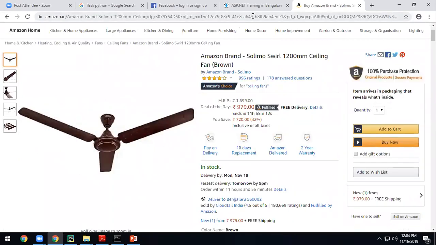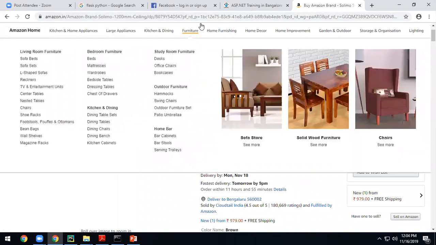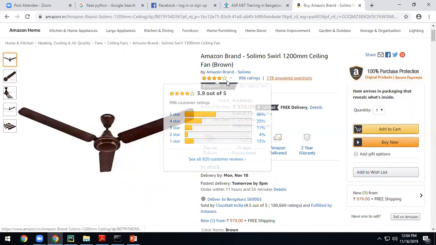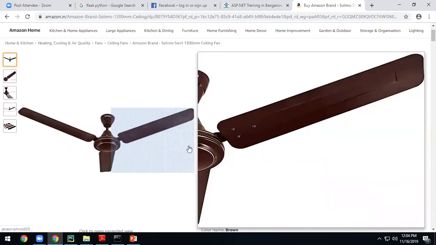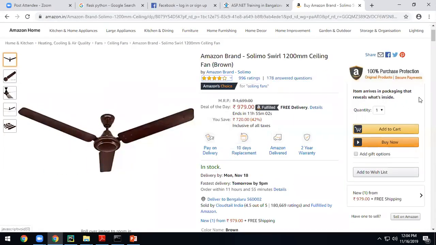What do you do? Your job is to update this. Where are you getting all this information? When you call the website, it will first contact the Amazon server, fetch the data from the server, and show it right here.